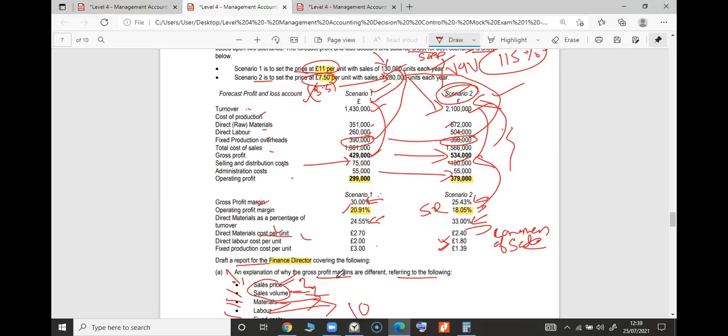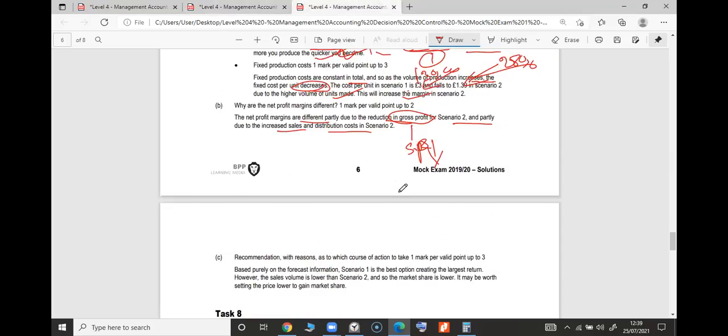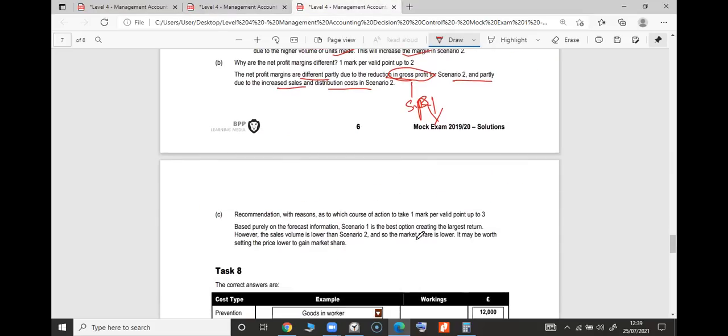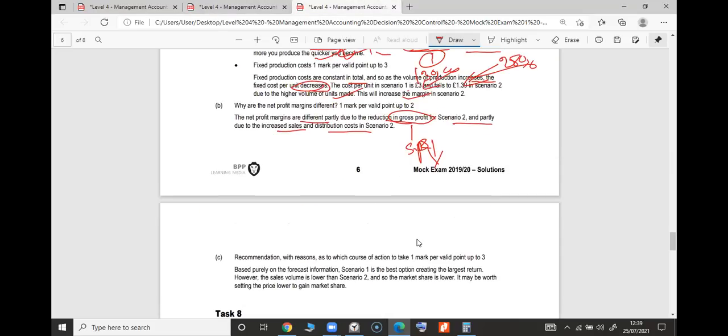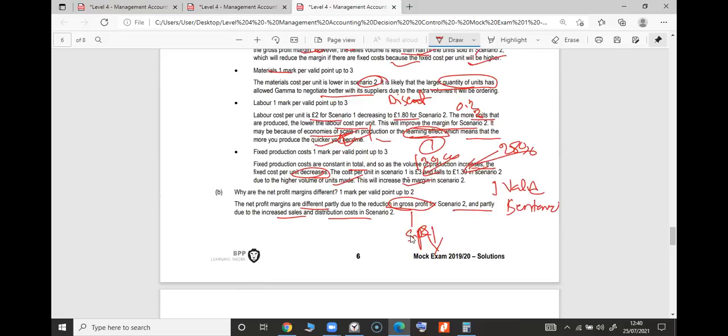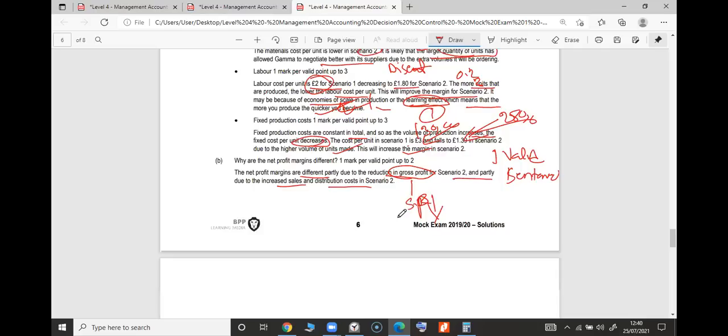So you can talk about every point. And if this is level 4, when you're going into the chartered, you've got to talk about every single point. The best way of answering is see how many marks there are and write one valid sentence to get 1 point, and one calculation, like when you bring this 2 or 3.5 or any calculation, you can get a mark for that one.